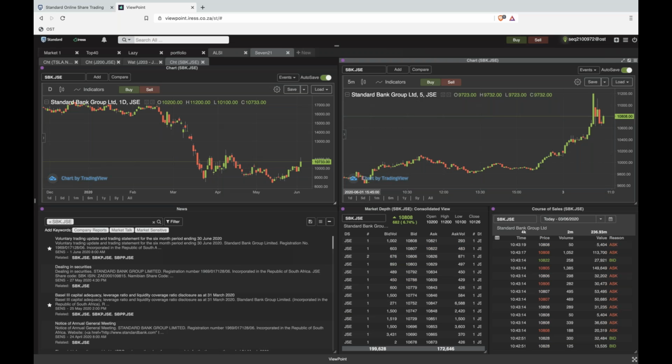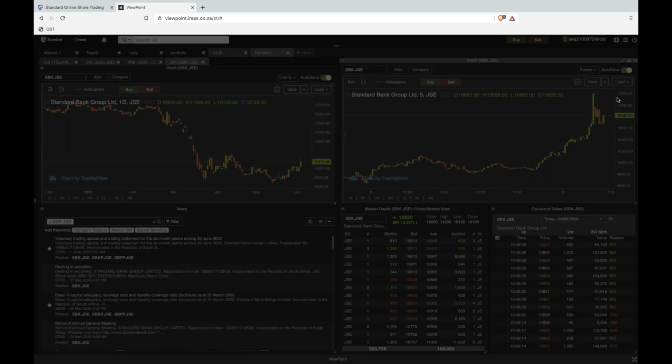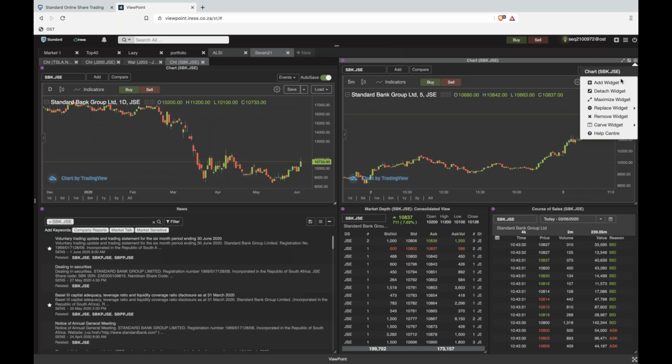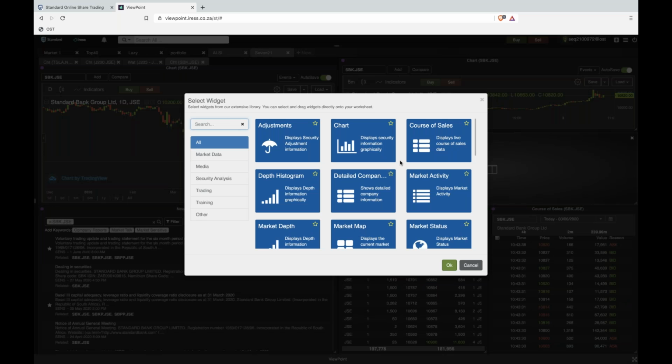So what you've got here, and what I'm going to try and do, and I don't know if this is going to work, so if it breaks, forgive me. I'm going to try add a widget. The widget, where's it going to come in? No, you know what I'm going to do? I'm going to carve, and I'm going to carve that way. And in here, I'm going to add,